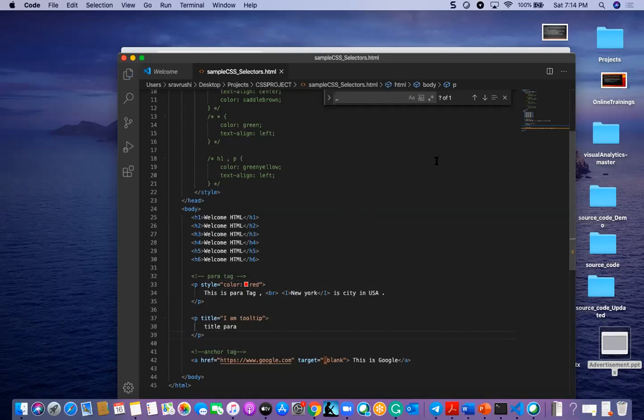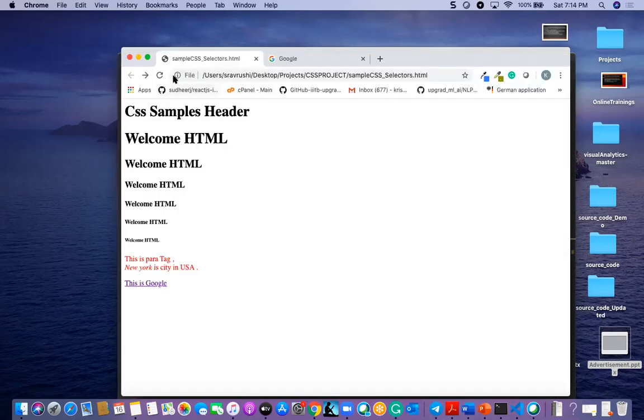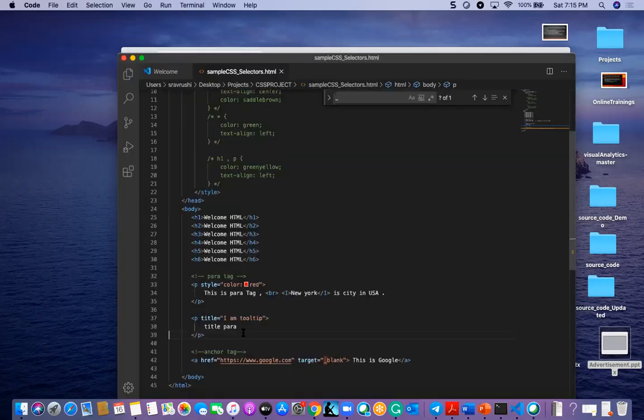Now you will find this in your para, like title para. So this title attribute is added to the para tag. The value of this title attribute will be displayed as a tooltip when you move the mouse on it. Okay, so when you move the mouse on this title, it will be shown in the format of a tooltip.